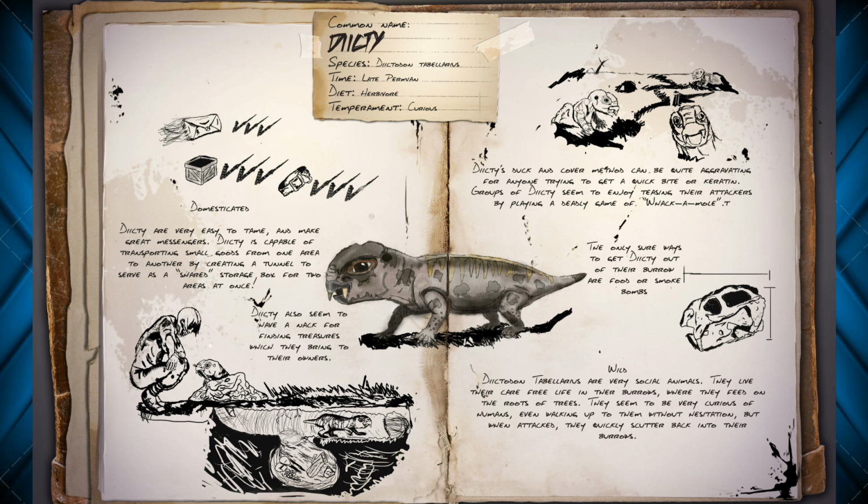Alright, and it also says that the only sure way to get them out of their burrow is food or smoke bombs. So you'd have to either lure them out or scare them out, and as you see in the bottom left picture, when it comes to humans, they will just come right up to you. I think the best way to tame these guys might just be to feed them directly when they come out, and that would be how you get these guys going. But that is the Tyrannotitan. Let me know what you thought of this guy in the comments below, and we're going to move right on